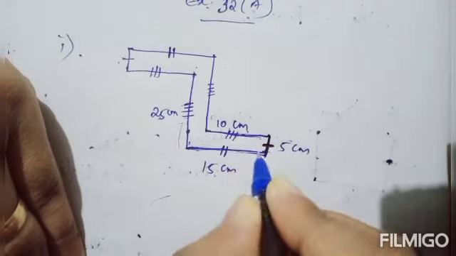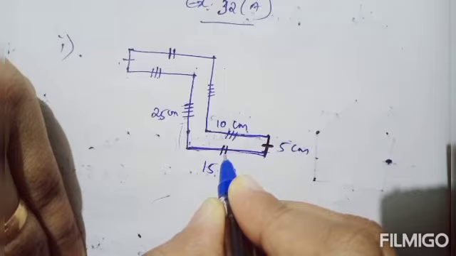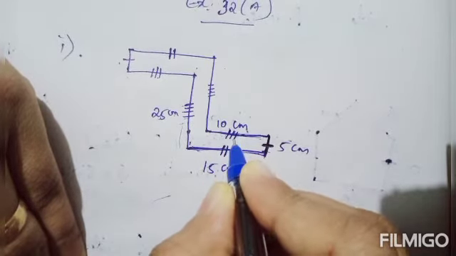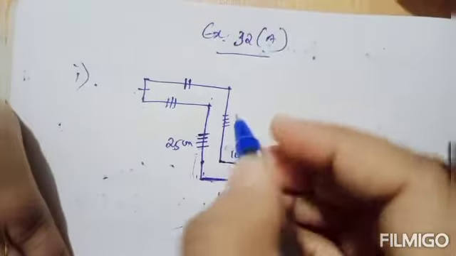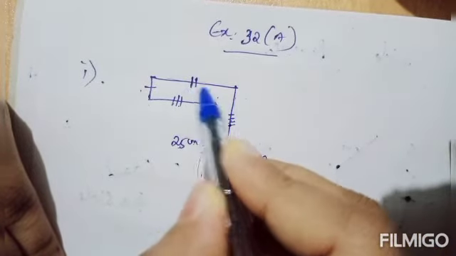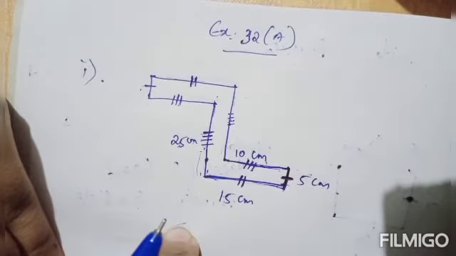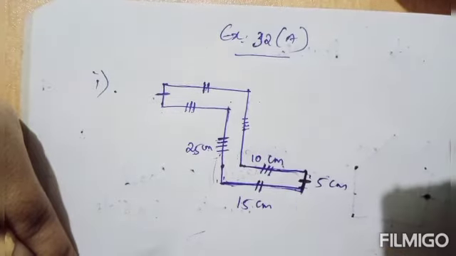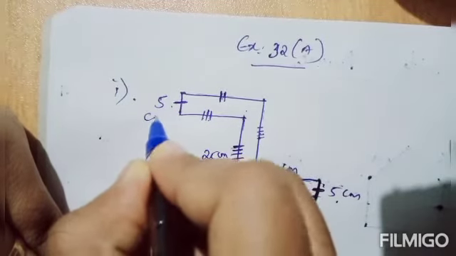Okay. Now in case of this line, length it is represented by 2 lines like this. Okay. And this side, length it is represented by 3 lines. Here 4 lines. Okay. Now you can see on the other side the same symbols are used. Here 4 lines. Here 2 lines, here 3 lines, here 1 line. That means these lengths are equal. Okay. Here 1 line, here also 1 line, means these 2 sides have equal length. Okay. If this is 5, this is also 5 centimeter.